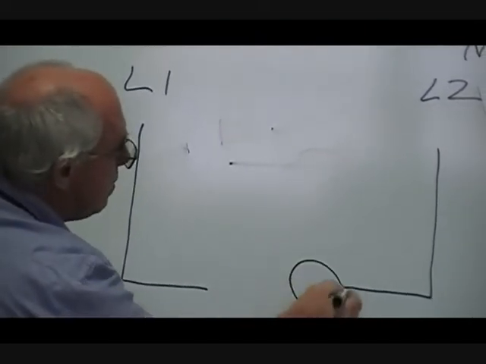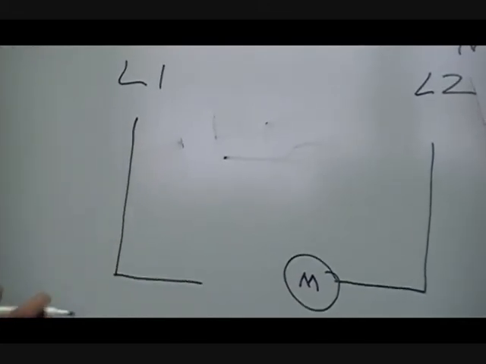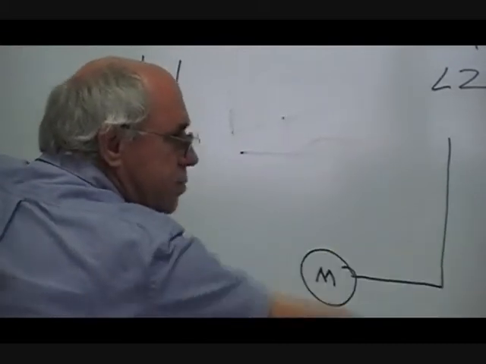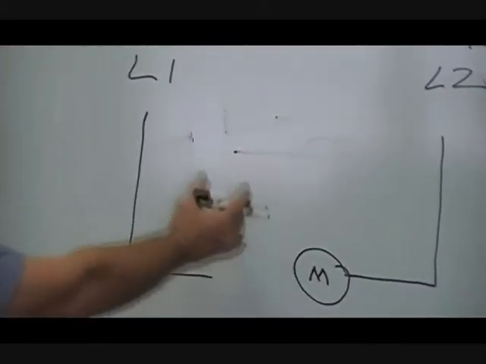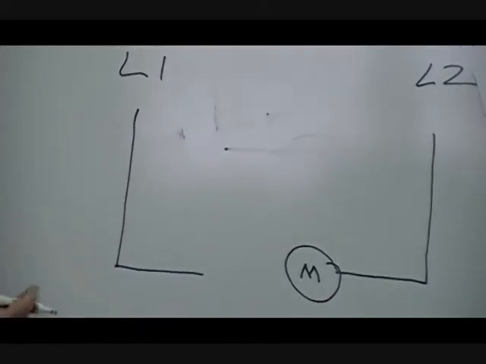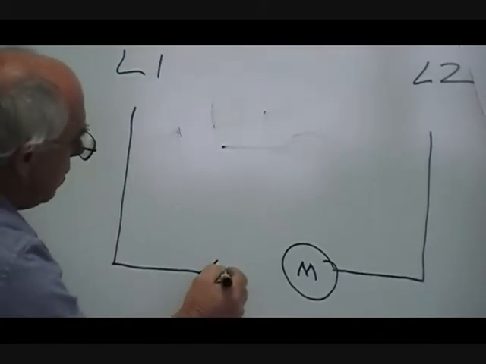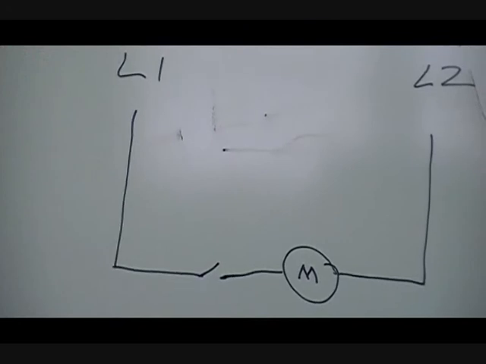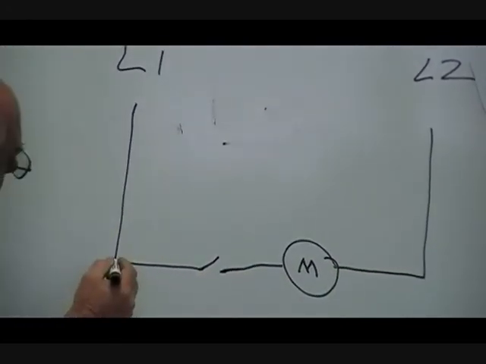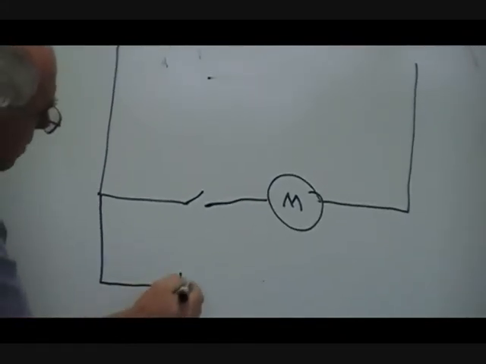Let's say that we have a motor here. Okay? This is me, I like to put my loads on this side as much as possible and put my controls on this side as much as possible. It just helps in drawing, it helps to be able to see it a little better. For example, let's say that we have a switch operating that motor. You can see the rung is a circuit. Now, there's different ways to do this, but I'm going to show you something that I like to do, and that doesn't mean that